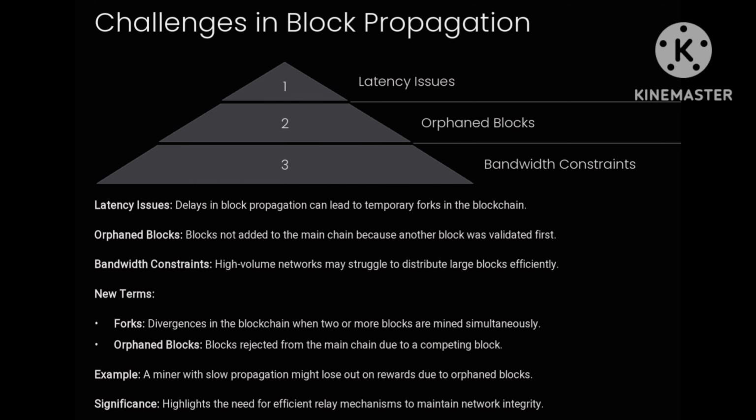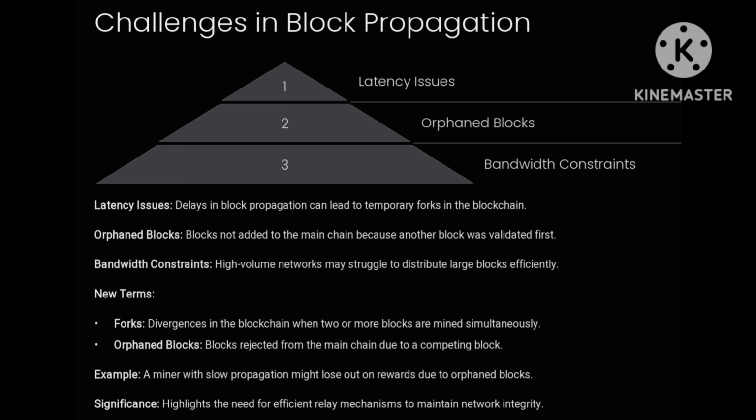Slide 7. Challenges in block propagation. Block propagation, while essential for maintaining a synchronized blockchain network, faces several challenges. Latency issues. High latency in communication between nodes can delay block propagation, which might cause discrepancies in the network's view of the blockchain. Orphaned blocks. These arise when two miners mine valid blocks at nearly the same time. Only one of these blocks gets accepted into the main chain, while the other becomes an orphaned block, wasting computational